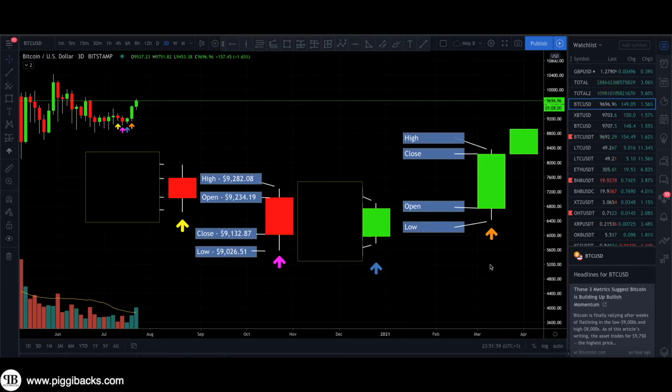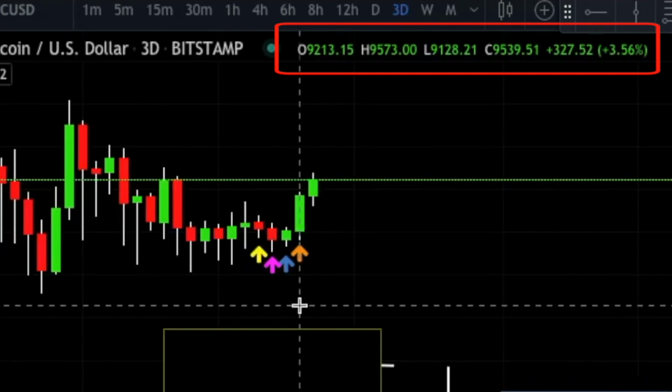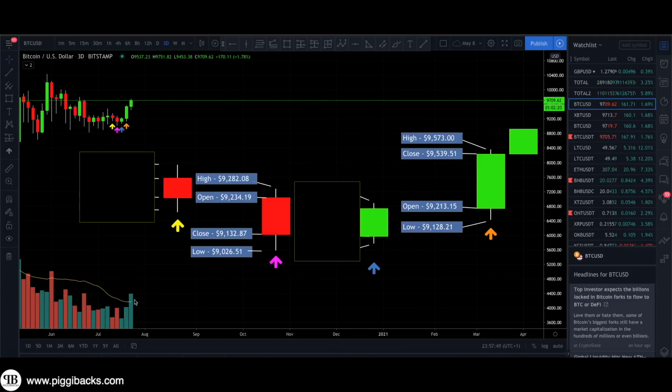the green candlestick with the orange arrow pointing at it. So I'm just going to hover my mouse right over it so that we can start labeling it. So we can see that we have an opening price of $9,213.15, a high price of $9,573, a low price of $9,132.87, $128.21 and a close of $9,539.51. Okay, so I have now labeled the green candle with the orange arrow pointing at it, and we have